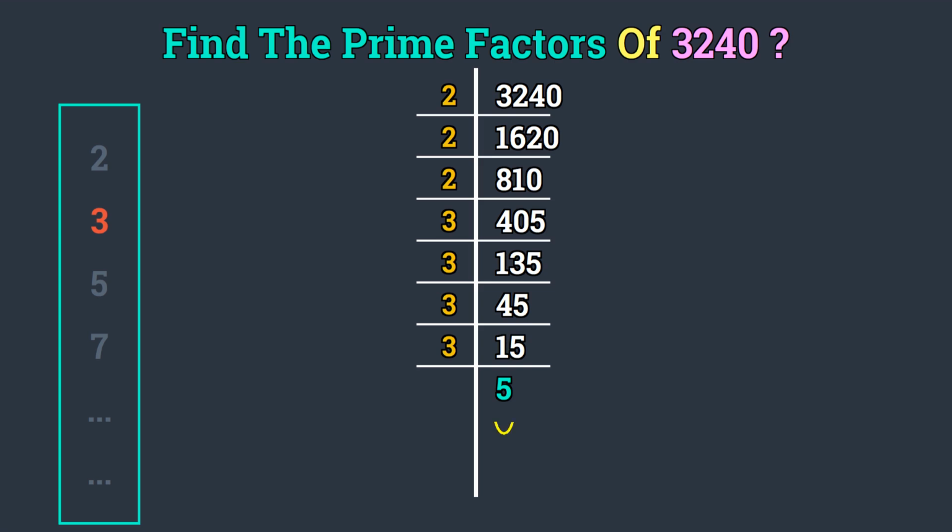Dividing 5 by 5, which equals 1. So 5 divided by 5 equals 1. And we are done. The prime factors for